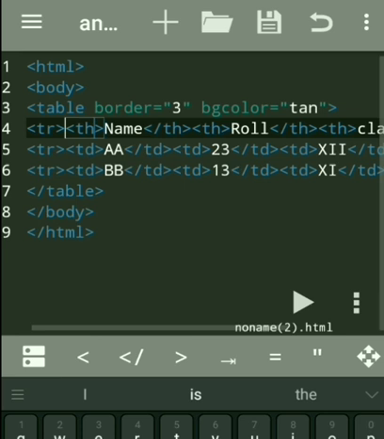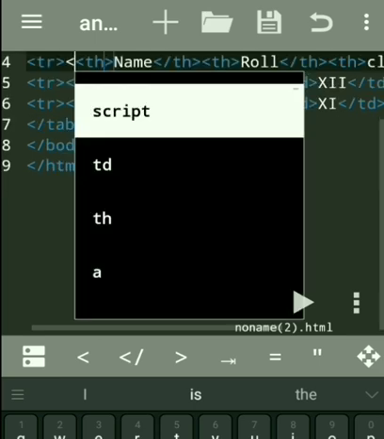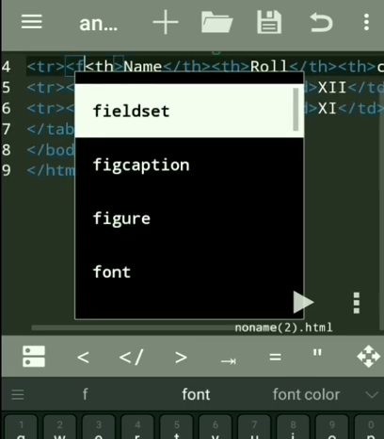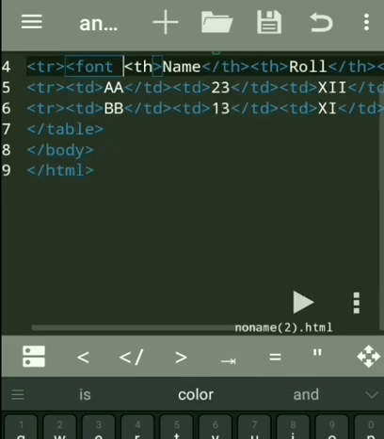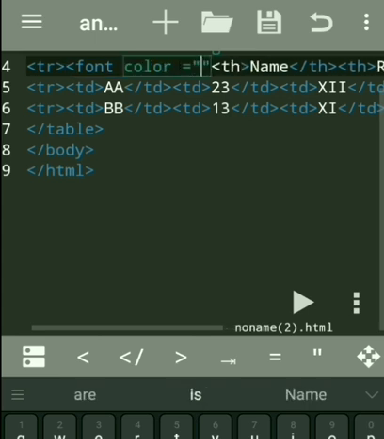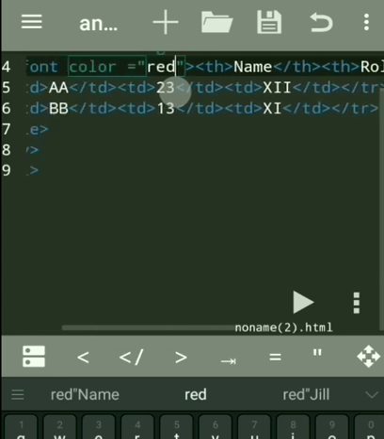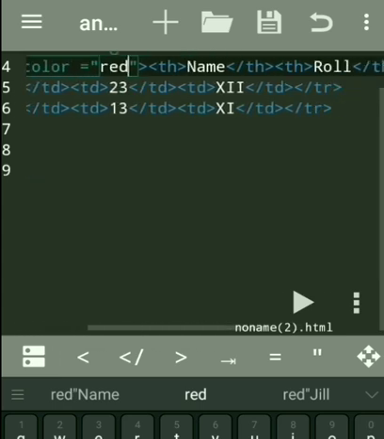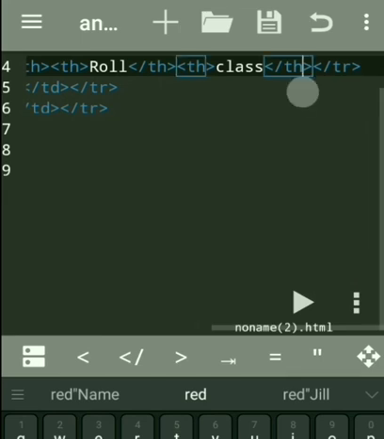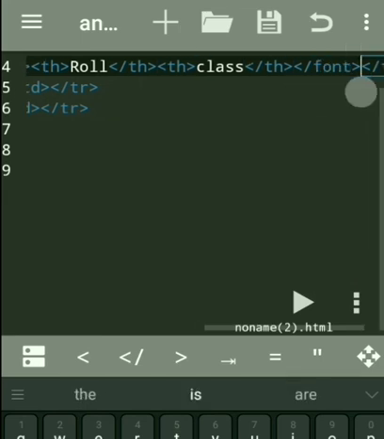Suppose we write the font tag at the beginning of the heading for each row, and at the end of the heading.